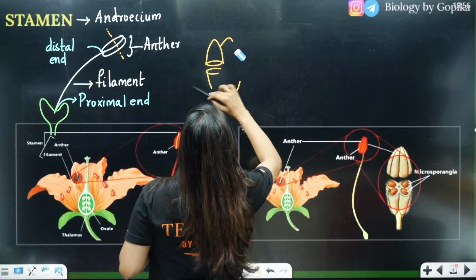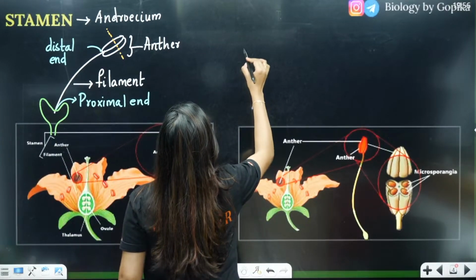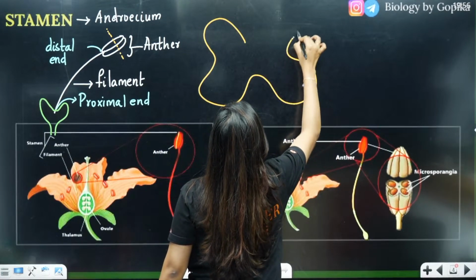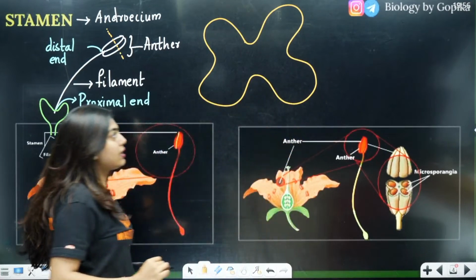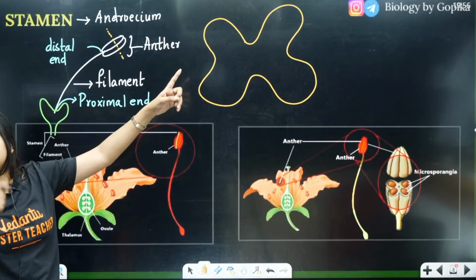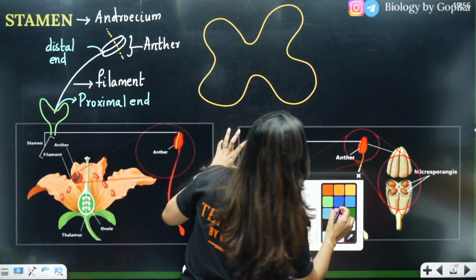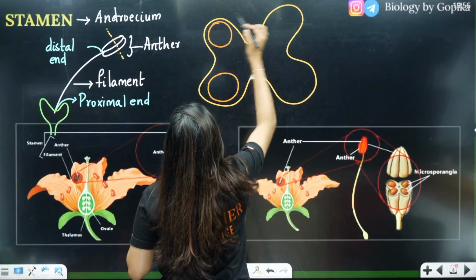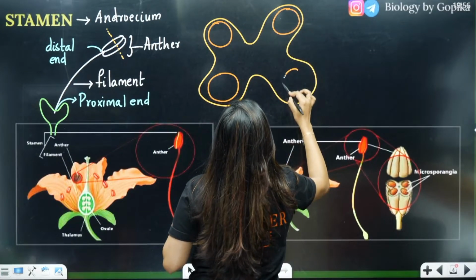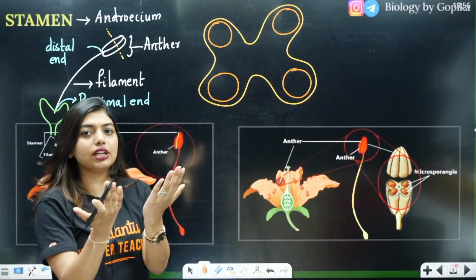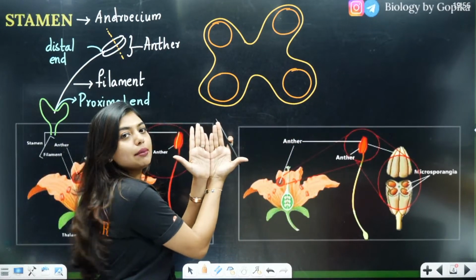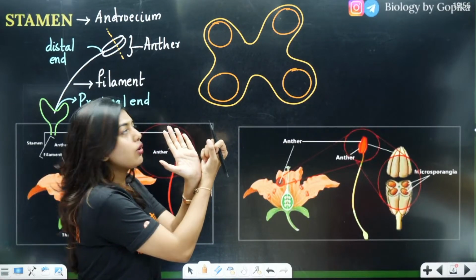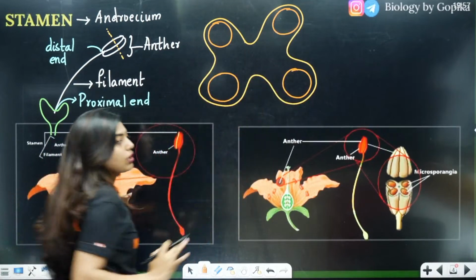For that, in your NCERT, you will be able to see a cross section which looks like this. Yes, one diagram is given in your NCERT or not? This diagram is given, right? Inside, students, they have drawn globular structures like this, in the corners. What are these? I have taken a cross section of anther. These are my two lobes. In this lobe, 2 theca is there, in this lobe, 2 theca is there. Is this clear to all of you? Now, look here, there are 4 globes here, 4 globular structures.